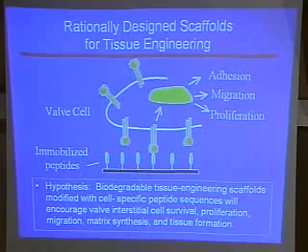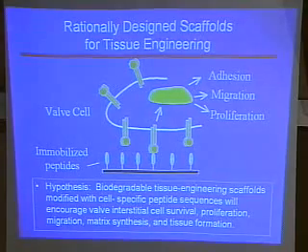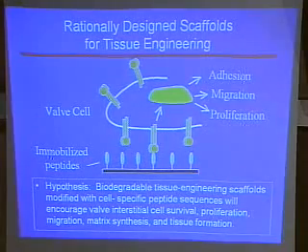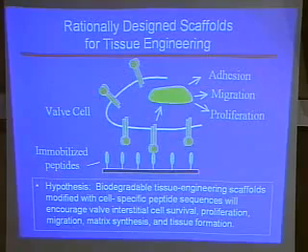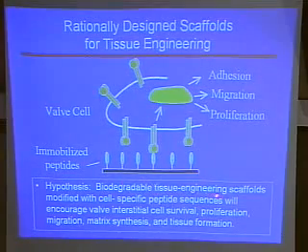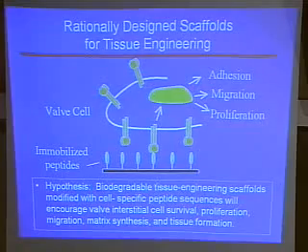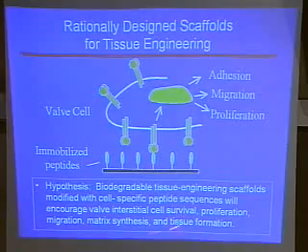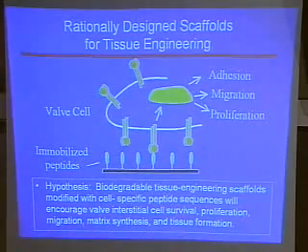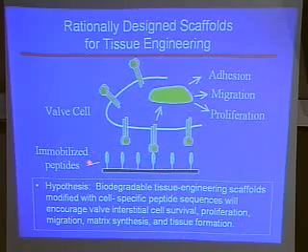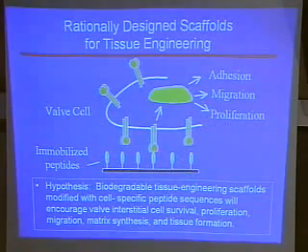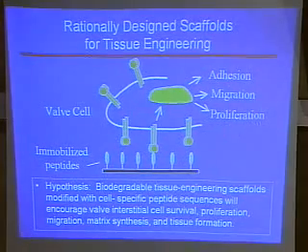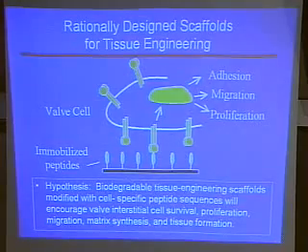So we did a little bit of phenotypic study of the valve interstitial cells, but we also wanted to probe and ask how does the valve interstitial cell interact with its environment? Because we have a hypothesis that if we have a tissue engineering scaffold modified with specific peptides that can communicate with the cell, this would encourage the cell's survival, proliferation, migration, and essentially, finally, tissue formation. So we started to investigate what we could use that would talk specifically to the valve cell to initiate these types of processes, so that we could rationally design this scaffold.